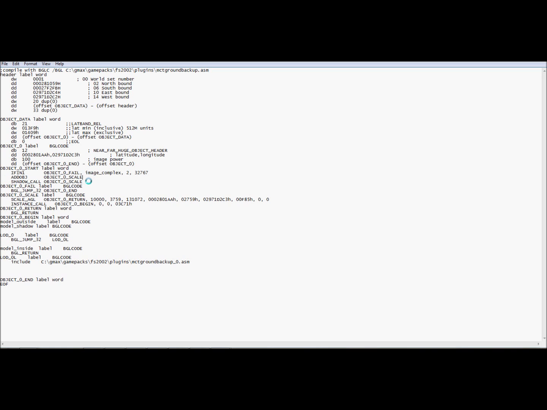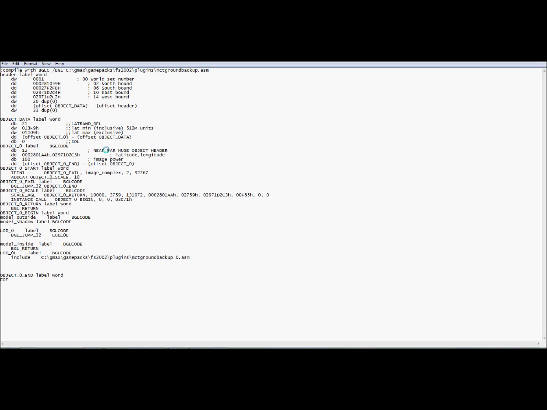I'm just gonna explain what we see here. This is just the object call. This is the image complexity, which it shows. Now it's just keeping it to 2. Don't edit this number here on the right hand side. And then this is actually where you see